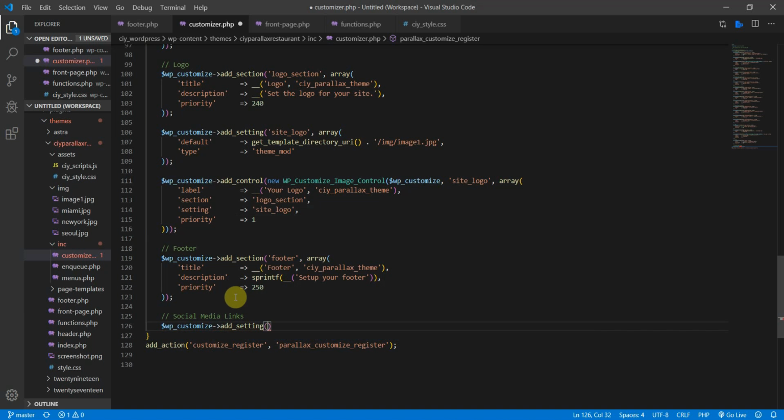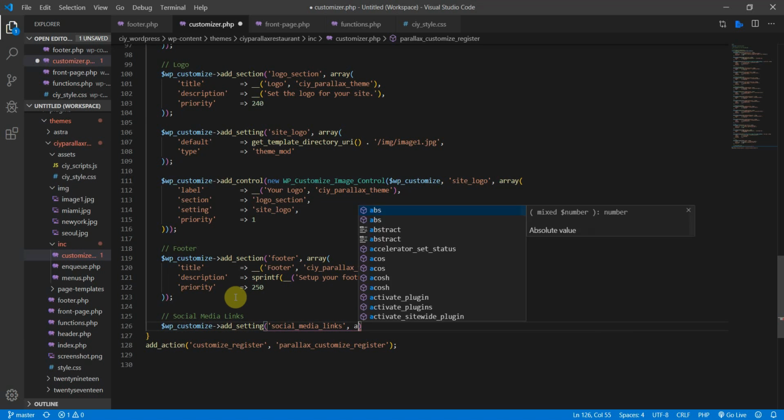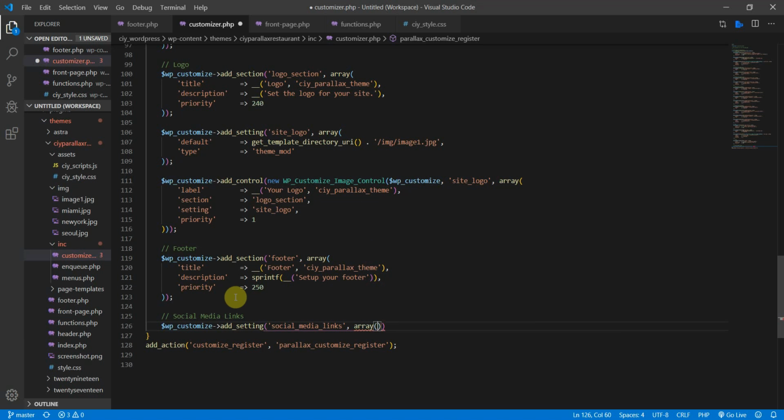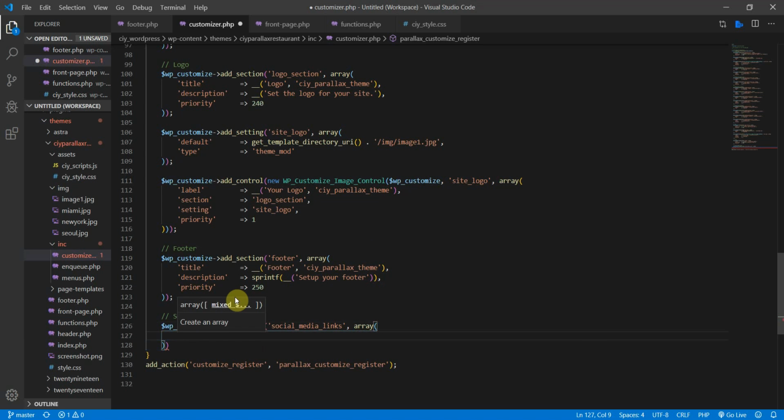And this setting is going to take in social media links. That's the first ID, and this setting also needs an array. And in this array, we got default value of, let's see, default value should be